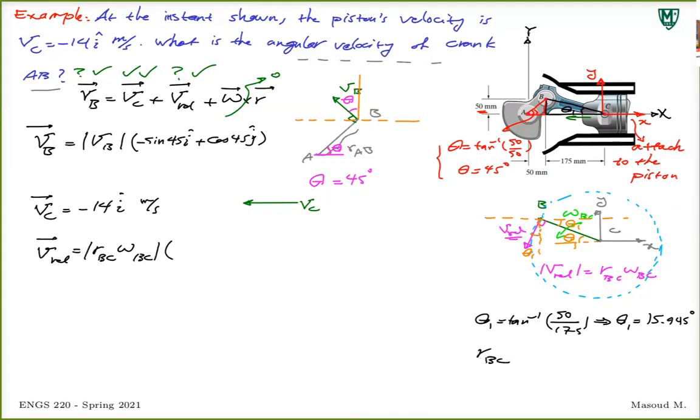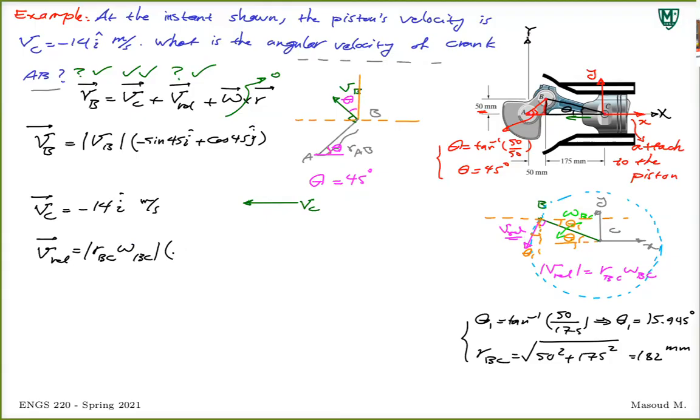And we can also find RBC in the same triangle right here. RBC, the length of BC, is a right triangle, so it's the square root of 50 squared plus 175 squared. That'll give you 182 millimeters. So this becomes,